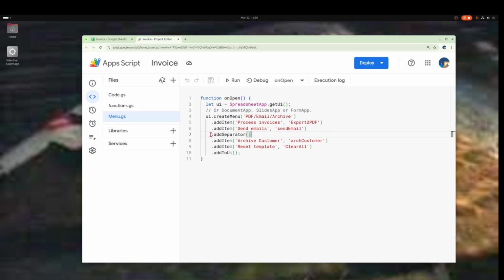Then we got our separator, which you've seen. And then we have archive customer. And this is going to call a function called archive customer, which will move the customers. It's going to pop up a message box. You're going to put in the invoice number that you want to archive, and then it'll take it out of the database, your current database, your active database, and move it into what I'm going to call an archive database,